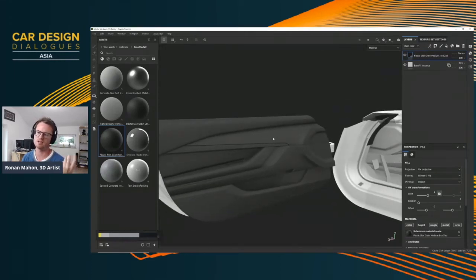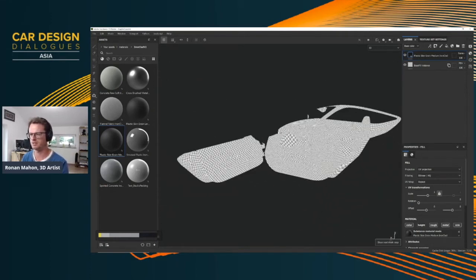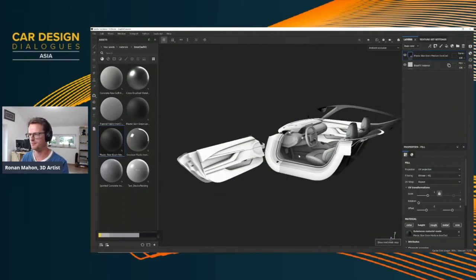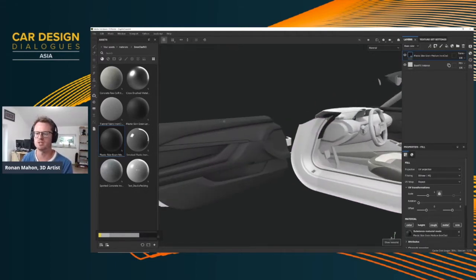Now, one thing to say, and maybe a little tip for starting out, beforehand, I set up what's called an ID map, which is set up in your 3D program, and in it you can sort of designate different areas of material. So I can say here, I think the dash and the side of this trim are going to run together. We're going to share this bottom material. It may be across different surfaces. But this is just a really quick way for me to block out in 3D before I've even started. It's not to say that I can't change my mind later. This is a really good tip for speeding up your workflow.